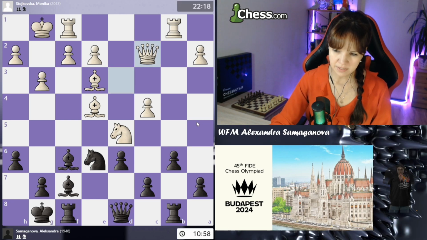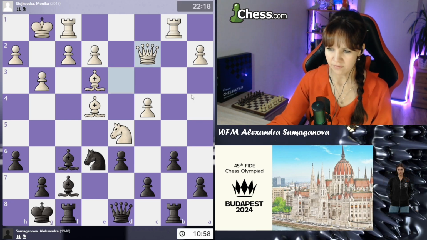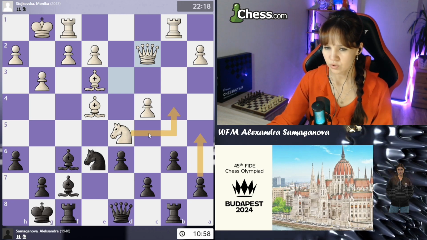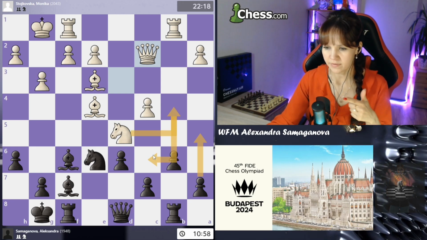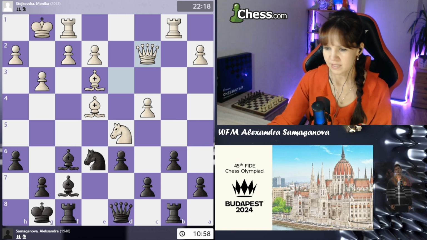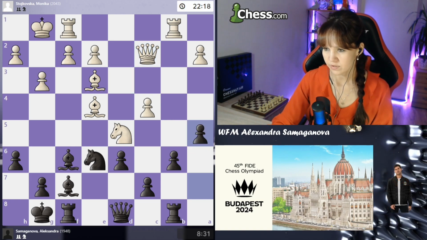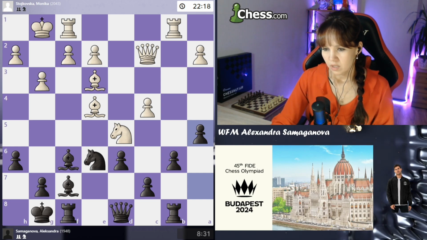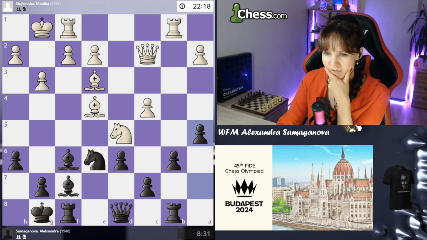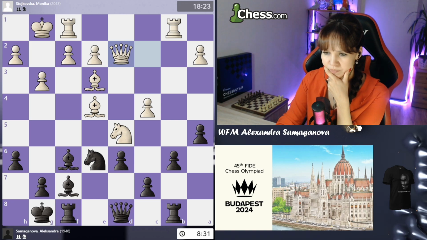a5. Let me think. Yeah, I remember why I played this a5 move. I played this a5 move because I didn't want her knight to go to b5 with an idea knight c6 or knight a6, something like that. So I thought that a5 is good, although computer doesn't think so. So a5, queen d2,